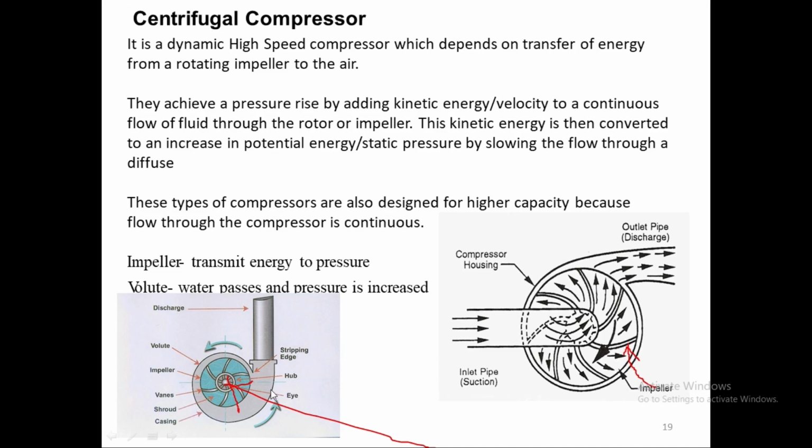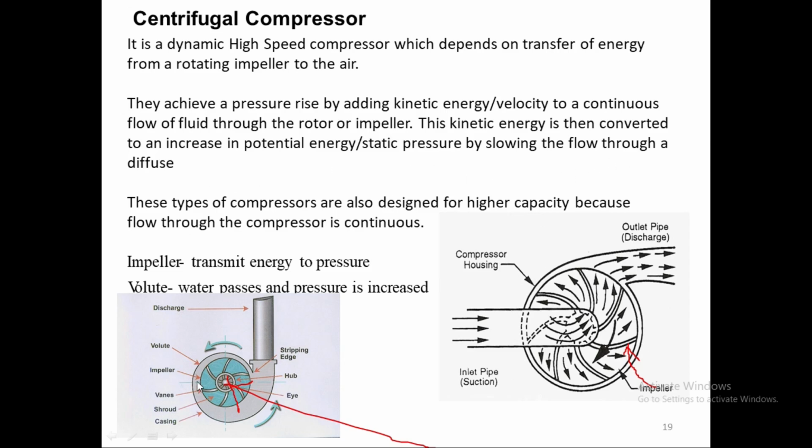this is the diffuser. Okay, in this case this is actually a figure for a pump, not for a compressor, but the function is about the same. They achieve a pressure rise by adding kinetic energy, velocity, to a continuous flow of the fluid through the rotor or the impeller. This kinetic energy is then converted to an increase in potential energy, static pressure, by slowing the flow